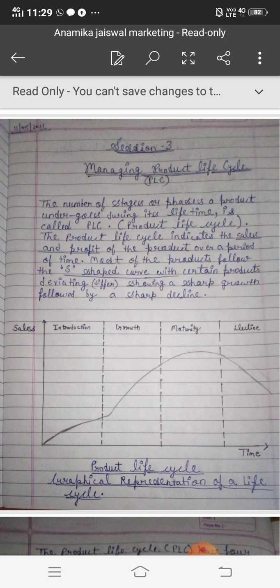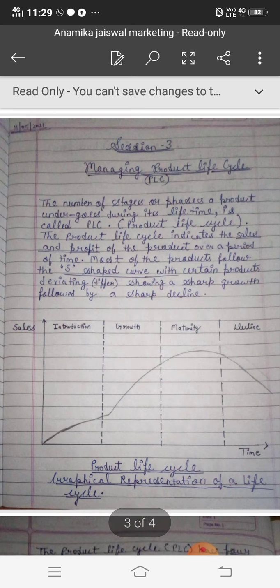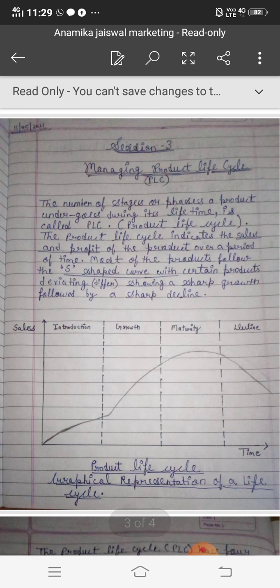So similar is the case of product life cycle. As we know, in a human there are stages, like first we are introduced in this world, meaning we are born. Afterwards the first stage is child stage, second is young stage, third adult stage, fourth old stage. Afterwards we die. So similarly the product also has these stages: introduction, growth, maturity, decline.